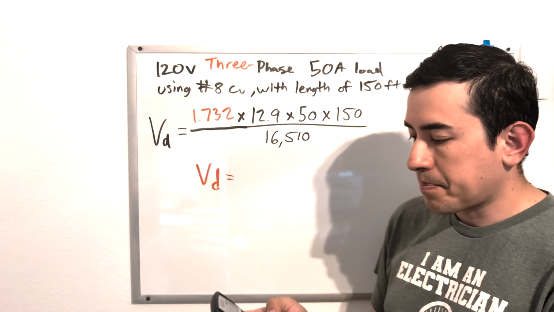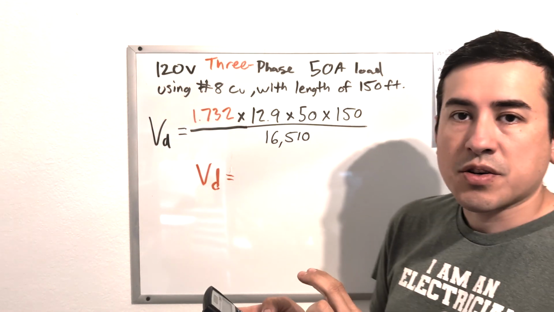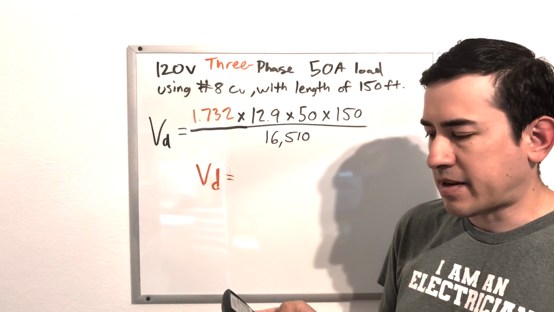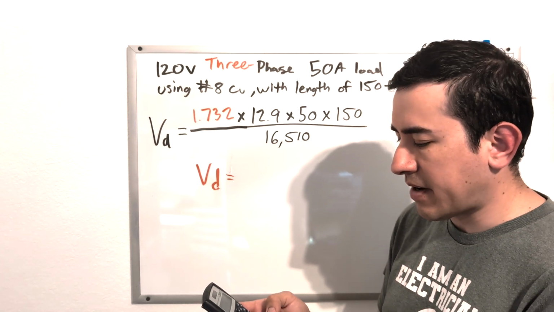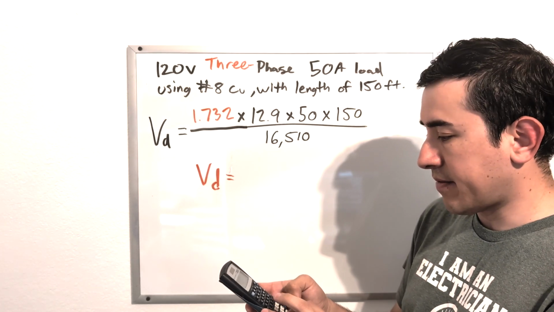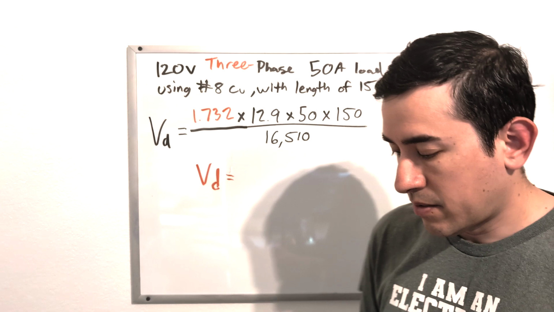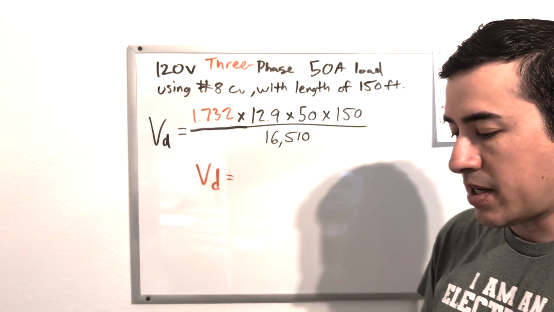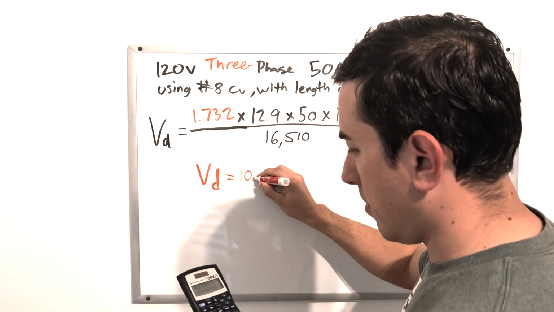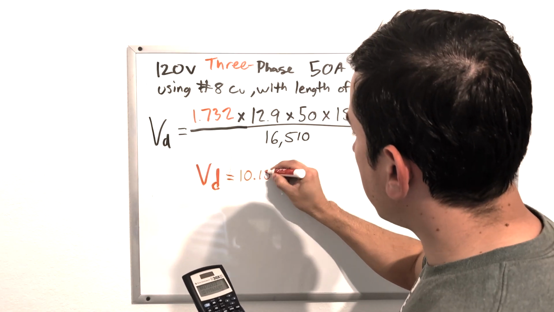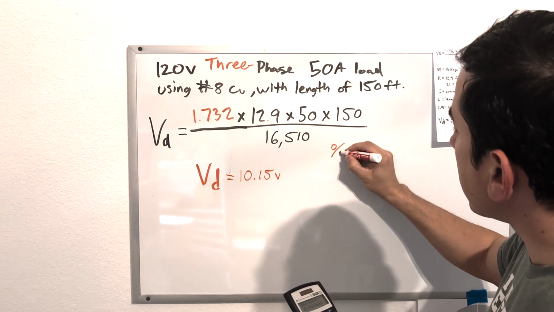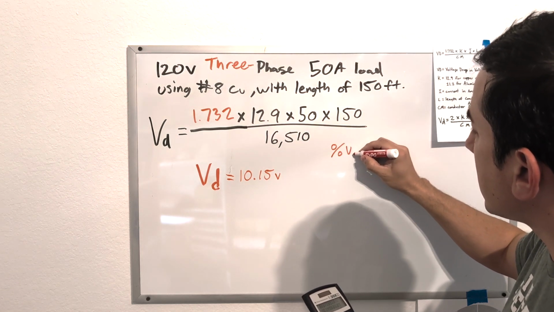Again, this is going to change our numbers slightly. So I think we're at like 190,000 last time. We're at 167,571. We'll divide that by 16,510. And instead of being 11 something, we are now at 10.15 volts. If we want to figure out the percentage of voltage drop,